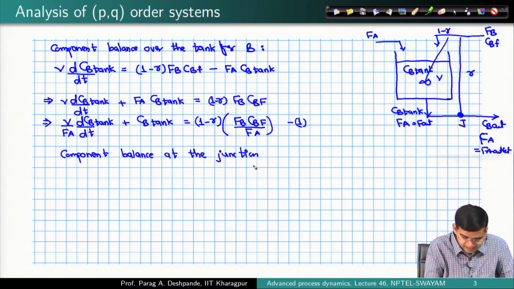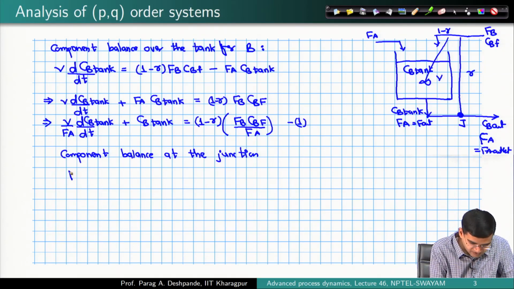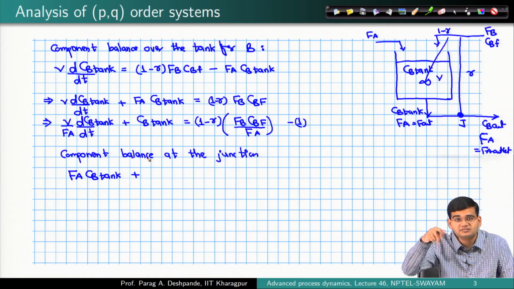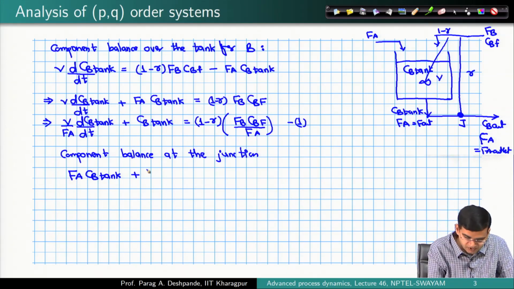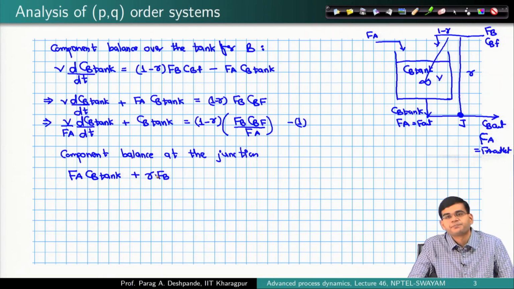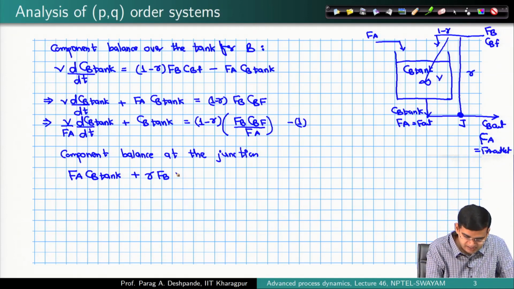So, therefore, I can write this as F_out, and F_out is equal to F_A. So, F_A multiplied by C_B,tank plus from the other side the fraction of the stream from F_B, which is the bypass stream, is coming. So, therefore, this would be R times F_B, and concentration of B there is C_B,feed,